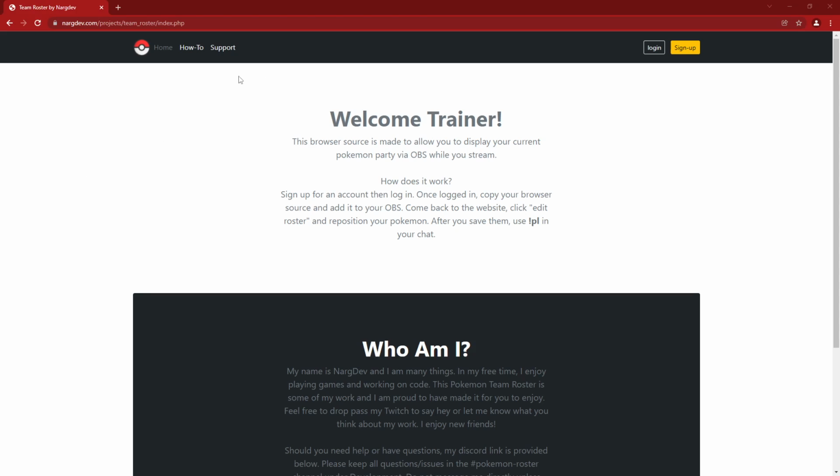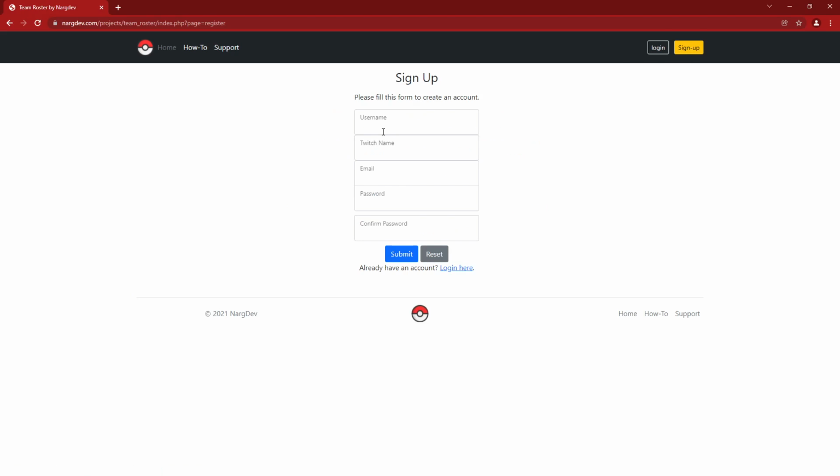So first thing you're going to do is, of course, navigate to the website. Once you're at the website, you're going to go ahead and sign up, make an account. This is going to require your username, your Twitch name, your email, and your password. Only one account can have a particular username and Twitch name, so you cannot have multiple accounts with the